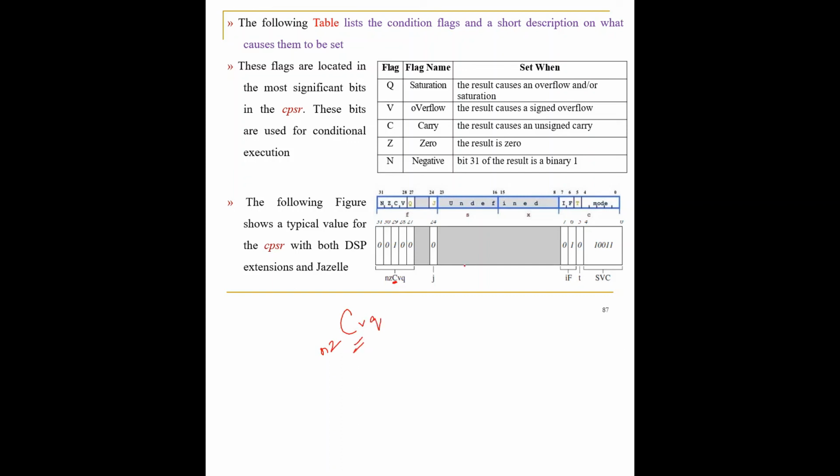What is the status of the mode? Status of the processor? The processor is in the SVC mode, or supervisor mode. What about the interrupt request? Interrupt request has been disabled. Interrupt request has been enabled. Fast interrupt request has been disabled. Which mode is it going to work in? It is going to take ARM instruction itself, or 32-bit instruction itself is going to be taken. Why? Because the thumb bit is also disabled. Jazelle bit is also disabled.